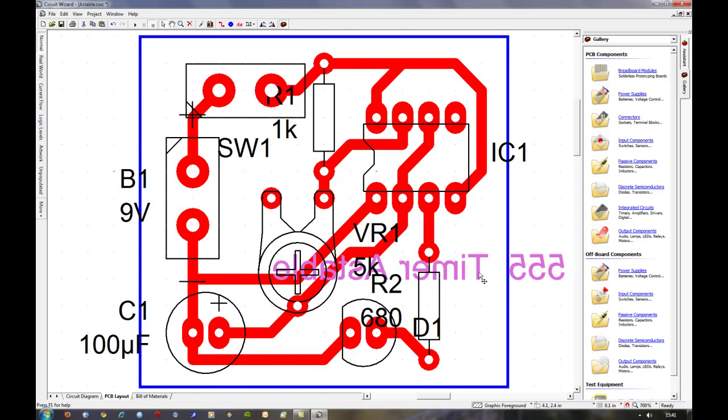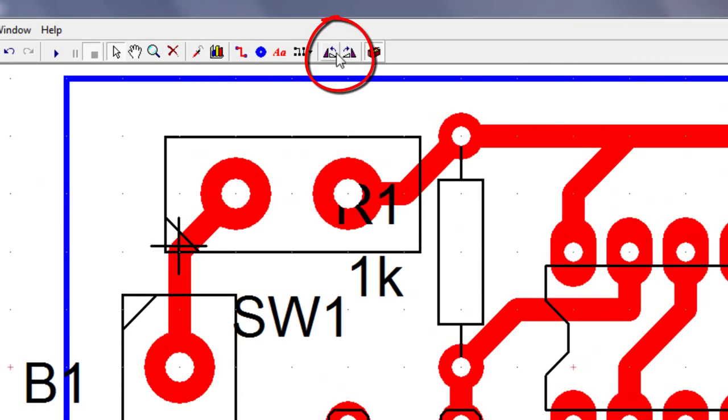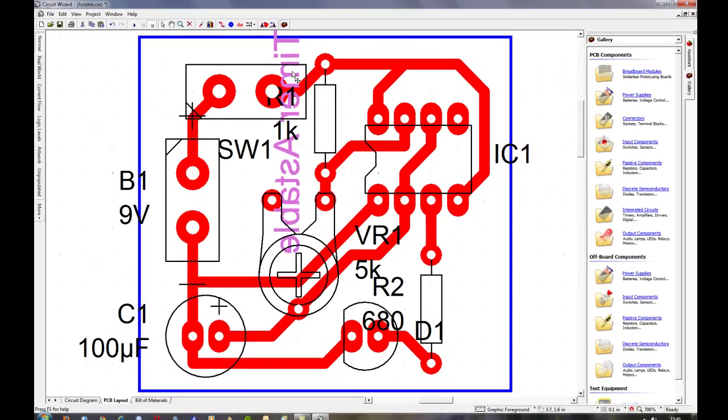So you'll notice it's the wrong way round, and there is a reason for this, because at the moment you're looking at the component side of the PCB, and the red tracks that you're seeing here aren't actually there. They're invisible, if you like, or the board's see-through, and that's why the text is the wrong way round. So we'll just rotate it a little bit,